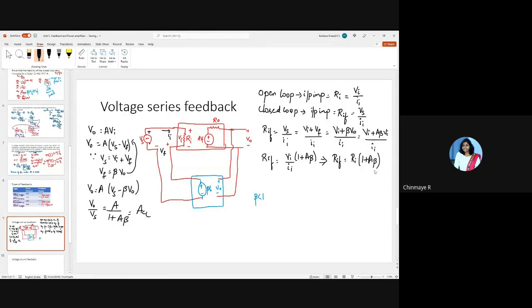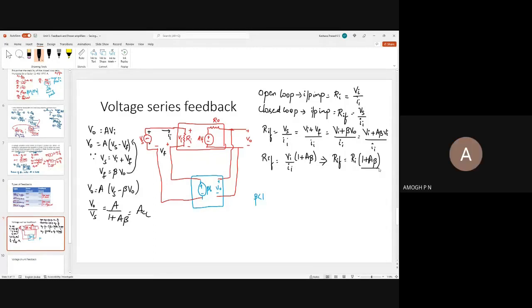So now in a voltage amplifier, as you can see, it's better if we have a very high input impedance, isn't it, in case of a voltage amplifier. So when you give a negative feedback to the voltage amplifier, now you see that the input impedance of this amplifier with feedback is enhanced by a factor 1 plus A beta, which is even better. Right? Is this clear?